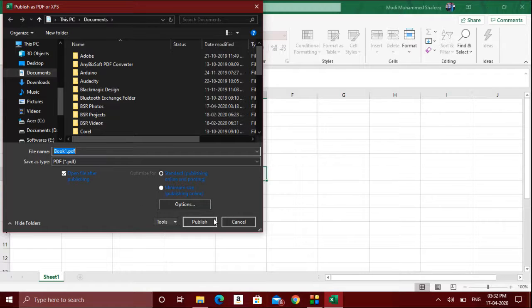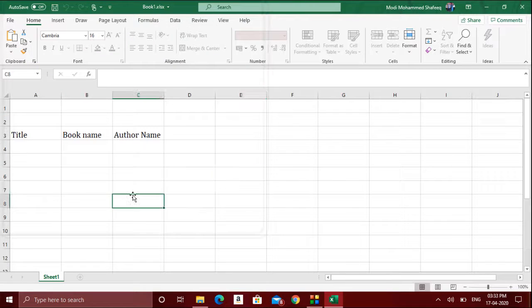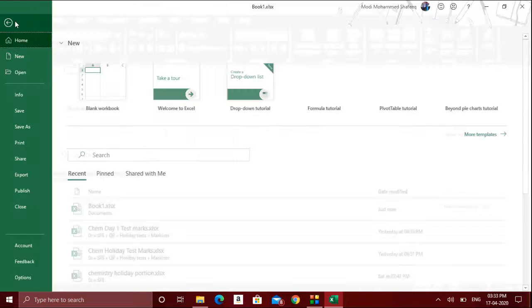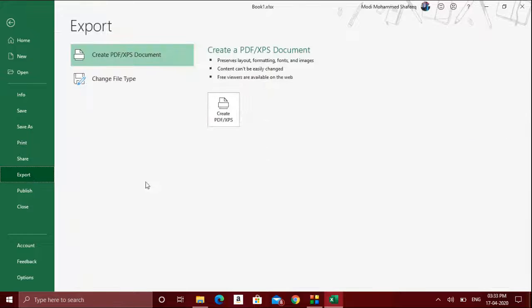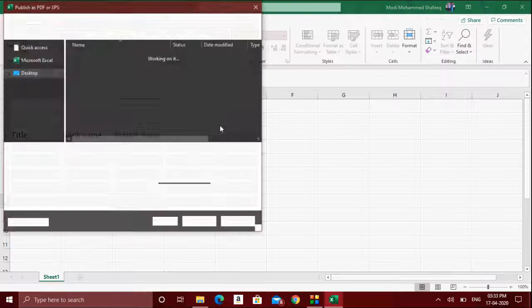Before clicking publish, if you click publish, only the sheet where I am actually working, that is the active sheet, will be saved. If I am in sheet 1, this is the active sheet, only that sheet will be saved. The remaining sheets will not be saved in the PDF because by default that option is enabled.